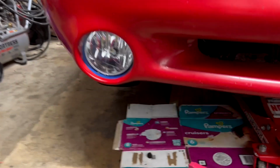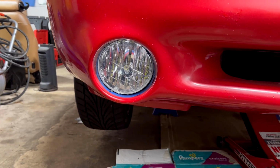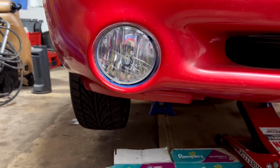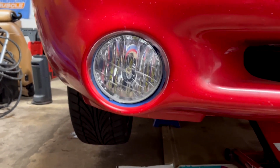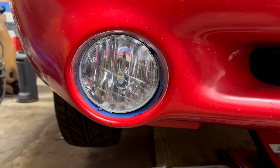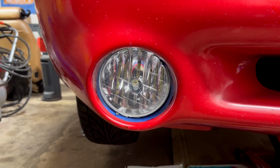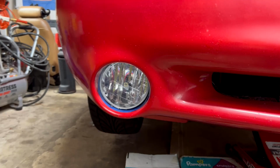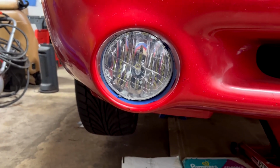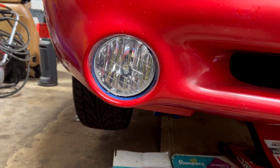And now we have the fog light sitting in the housing. You can't tell me this doesn't look 10 times better. Fills out the hole completely. 10 times better look right here. I absolutely love it. This might be my favorite mod that I've done to my car so far, because I've already done the mod where you switch the wires and the wiring harness to make the fog lights come on with the park lights. But yeah,